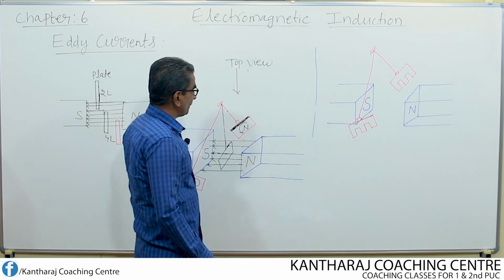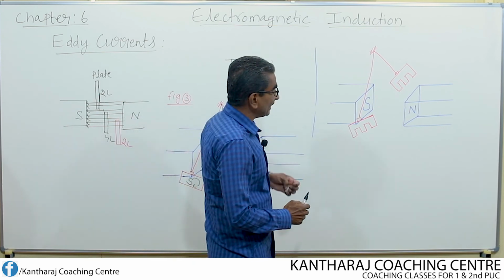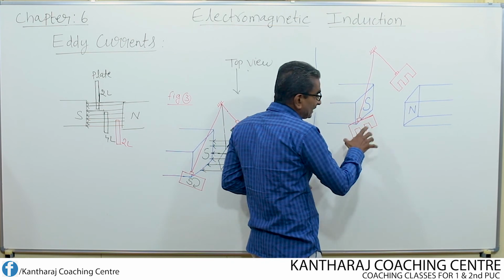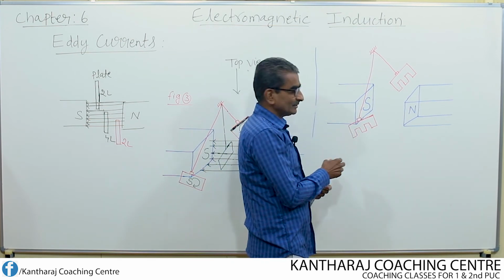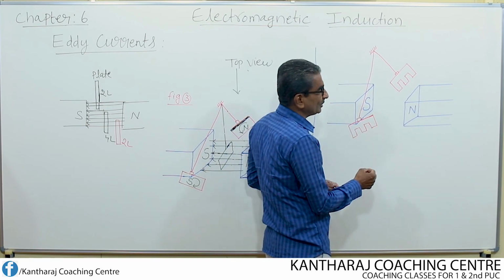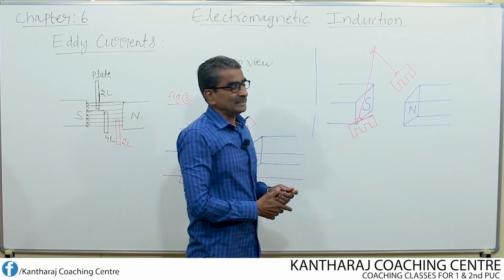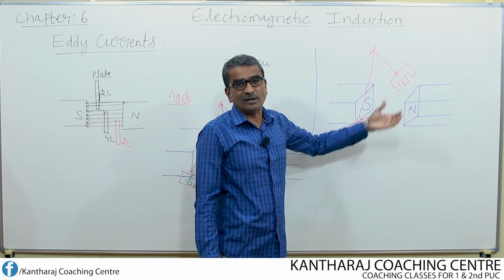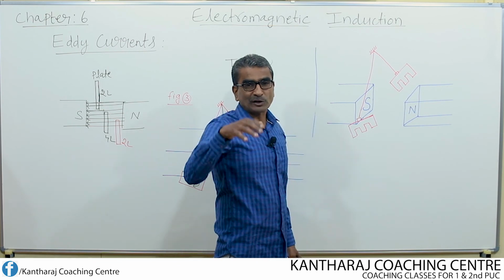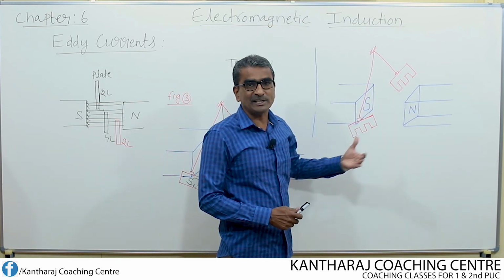Why is it so? It is just because of the reduction in the surface area of the plate. The area of the plate gets reduced. We have cut and removed this portion. This portion is also removed. So when the cut plate begins to oscillate, it oscillates freely for a long time because the reduction in the area is going to reduce the eddy current. How does the eddy current get reduced here?